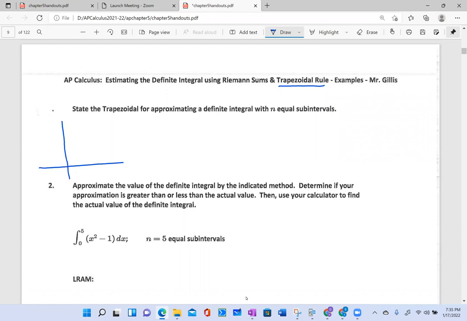If we have this picture, the graph of x squared from 0 to 4, from the previous lesson, we had approximated the value of the definite integral using what was called left, right, and midpoint approximations. So we created 4 equal subintervals, or as many as we would want, and we either chose the left endpoint, the right endpoint, or the middle. Well, there's another way to approximate the area under the curve bounded by the x-axis here, and that rule is